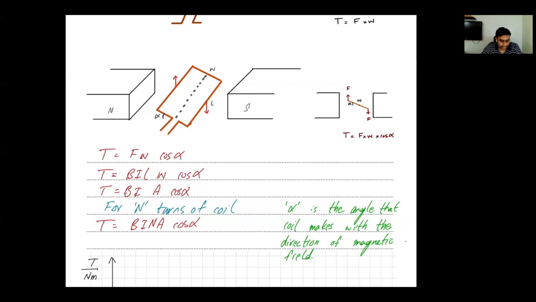And then you also should identify that generally when these motors are being made, they're not being made with only one conductor. They're made with many turns of the conductor. So as many turns there would be of the conductor, that gets multiplied by your formula BIA cos alpha. So it becomes BINA cos alpha. That is basically the formula for the torque, BINA cos alpha. That's an overall formula. B is the magnetic field strength, I is the current flowing, N is the number of turns in the coil, A is the area of the conductor, and alpha is the angle between the plane of the coil and the direction of the magnetic field.